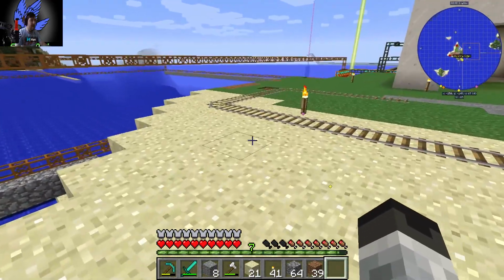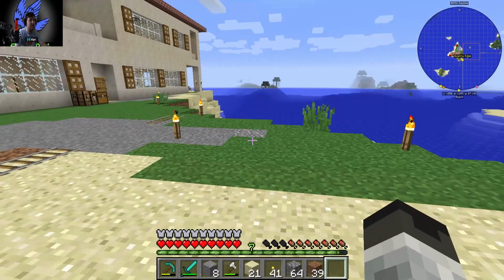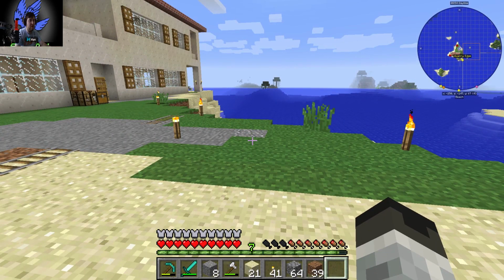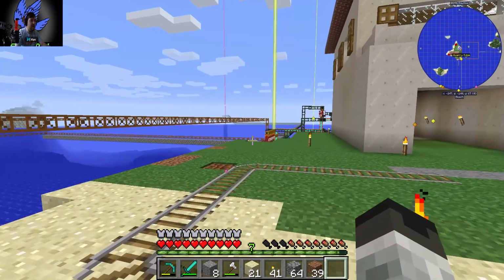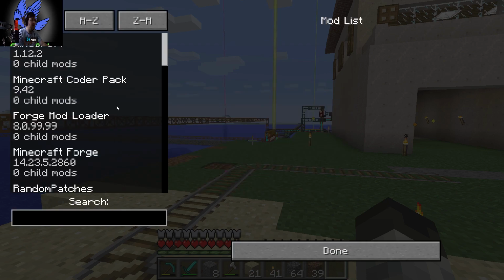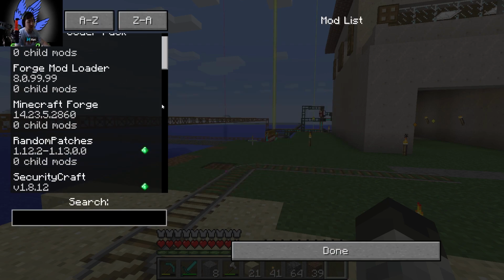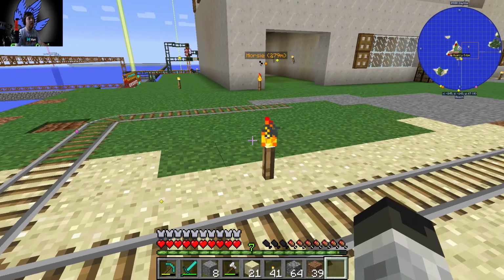Now, in episode 33 we got a comment from Embrace regarding the tree farm and using Thermal Expansion. Now the thing is, we don't have Thermal Expansion installed. I can't go to see, oh, mod options, here we are. We don't have Thermal Expansion installed, but we do have Steve's Carts 2, which might be able to do what